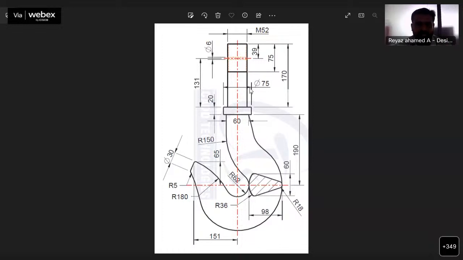This can easily be done with the help of the revolve command, and we can also create the thread with the screw option. So this is a simple portion.